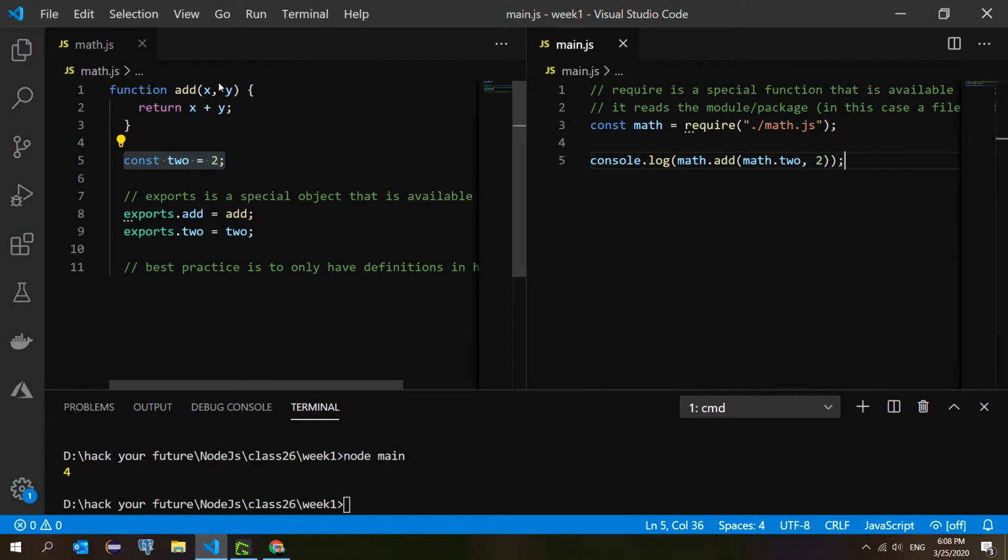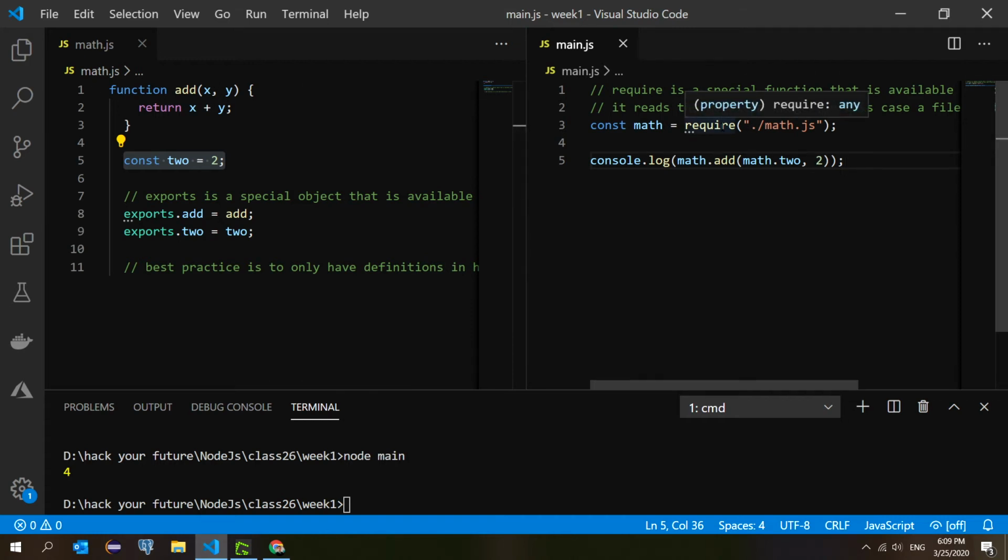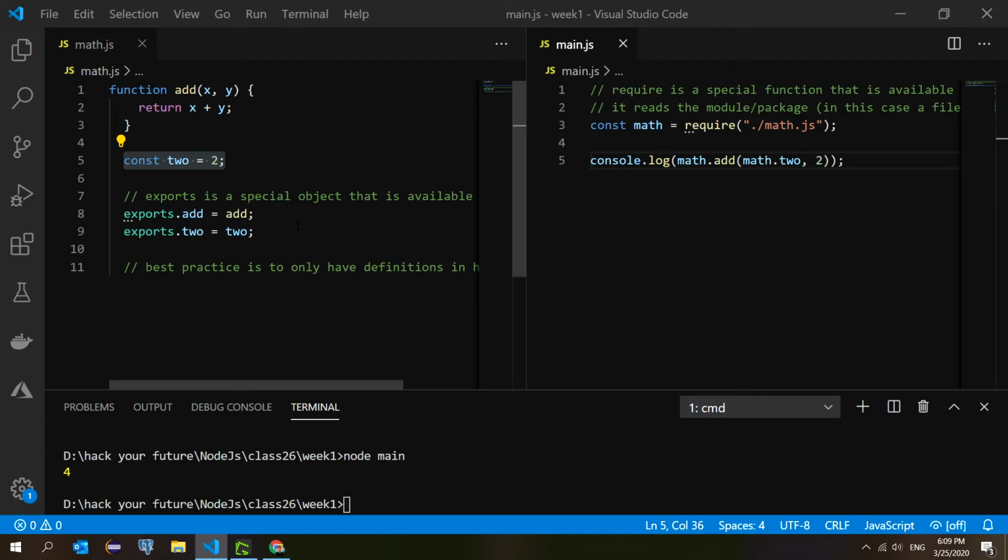So this is a very simple setup for how you can reuse code from another file without copy pasting it. This has many advantages. Obviously, if one file gets too big, then you can split it up into multiple files. And organizing code like this is really important as you start working on real big projects, because not everything fits in one file. I mean, it fits, but then it becomes too big to manage. Now, this is obviously very nice and all,